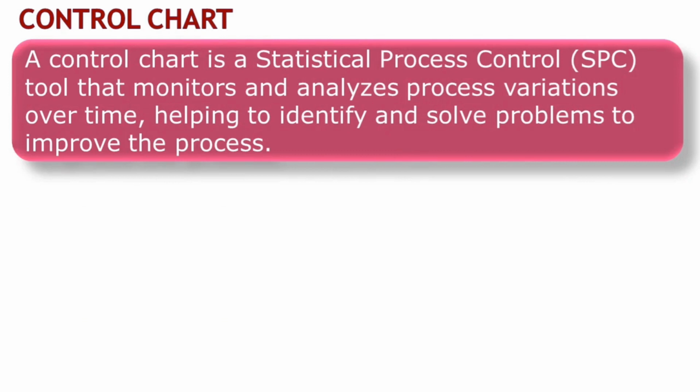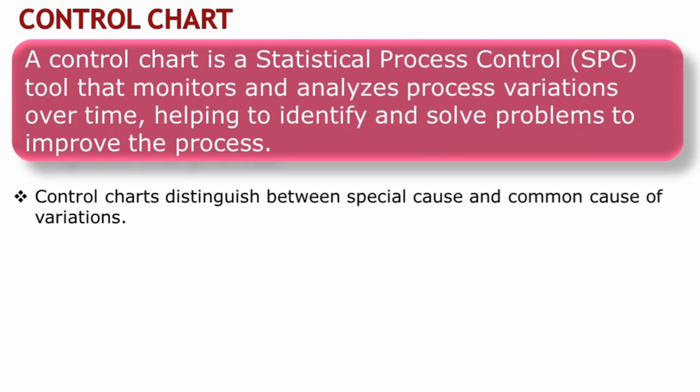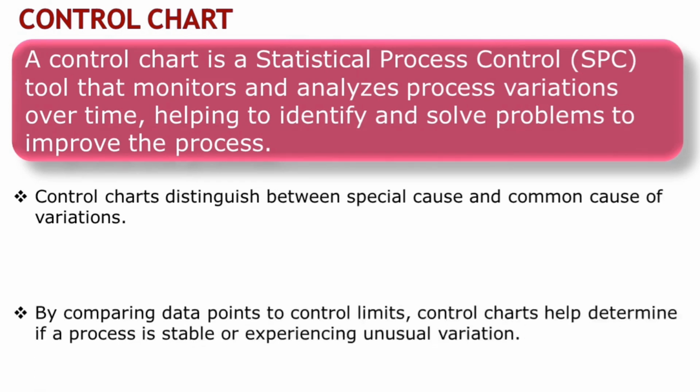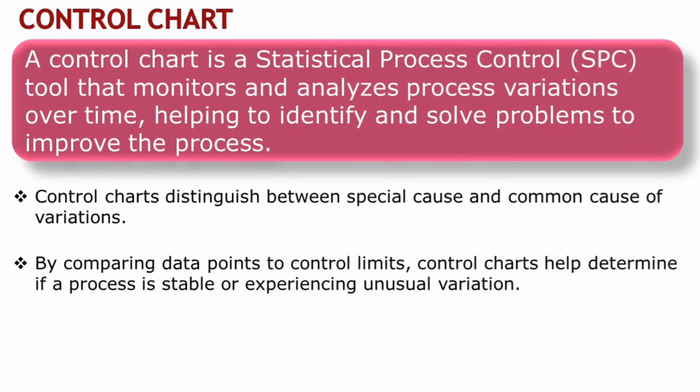A control chart is a powerful tool used for statistical process control. It helps us monitor and analyze process variations over time, aiming to identify and solve problems or improve the process. One of the fantastic features of control charts is their ability to distinguish between two types of variation, special cause and common cause. By comparing data points to control limits, control charts allow us to determine if a process is